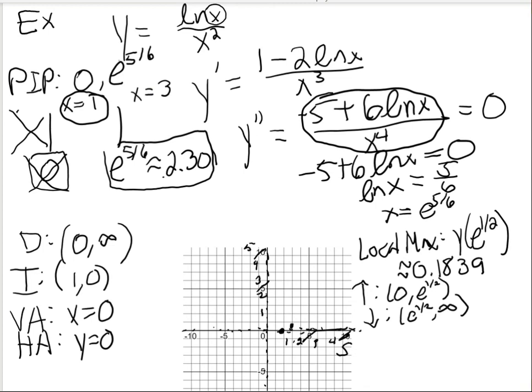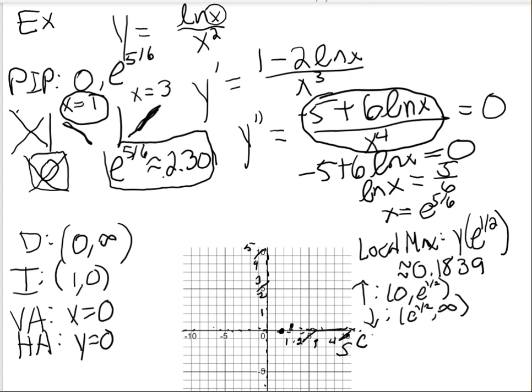So that's going to be concave down on that interval. And then you plug in 3. If you just plug in to the numerator, you'll get approximately 1.59. And that's divided by 3 to the 4th, which is going to be positive. So that's going to give us a positive number. It's concave up,